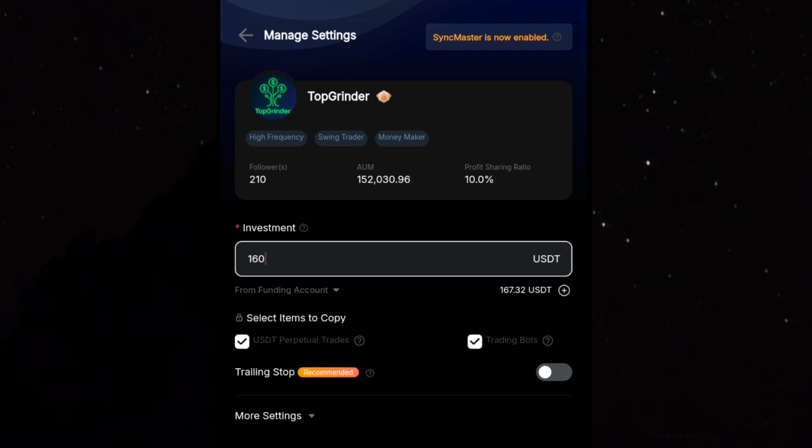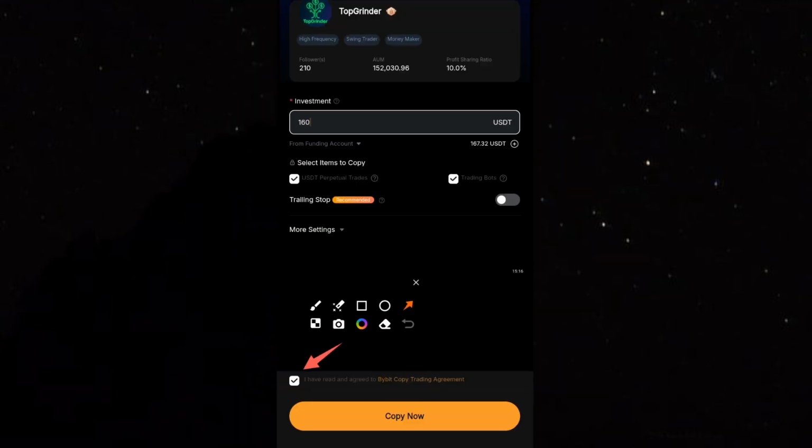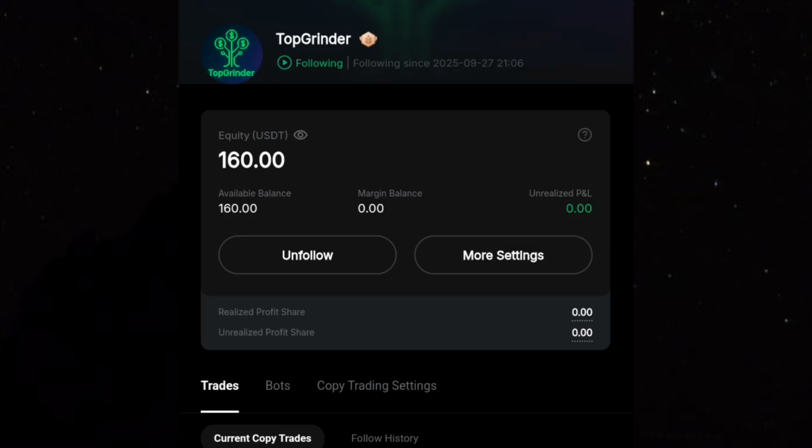So guys, after everything has been done completely, it is now time for you to copy the trade. Okay, and of course you have to toggle this terms and conditions sign, and you can just leave this one toggled because you want to copy perpetual also and copy with trading bots, and then you click on copy now. All right, so don't forget the 10% profit sharing ratio and all of that. So you click on copy now, and just give it some few moments to actually copy the trade. So guys, I'm now copying him,